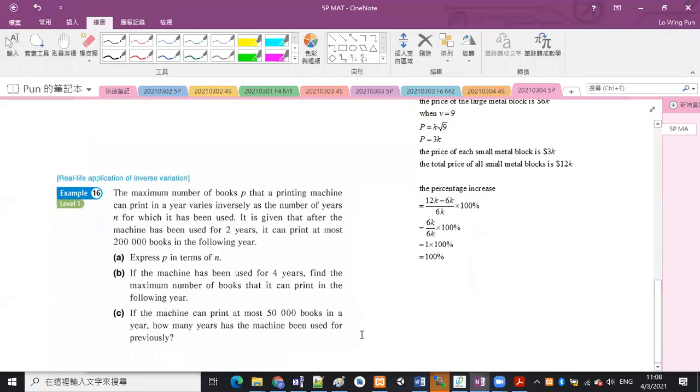Example 16. The maximum number of books P that a printing machine can print in a year varies inversely as the number of years N for which it has been used. 即係一個 printer 啦，係嘛 ？OK， 印書嘅 printer 啦，佢每年最多可以印到嘅本書咧，就係印到 P 本書啦。P 係點計出嚟㗎？即係 P 係由啲乜嘢去到判斷 ？OK， 係 depends on 啲咩嘅咧？係基於佢呢部機器用嘅年數。OK， 咁然之後咧個關係就係 inverse variation